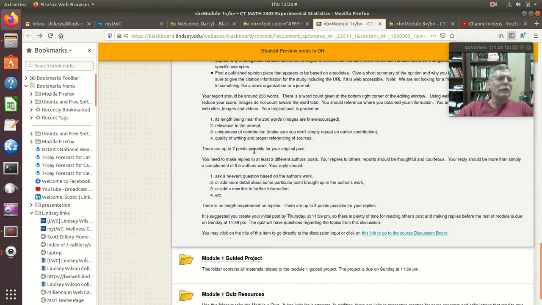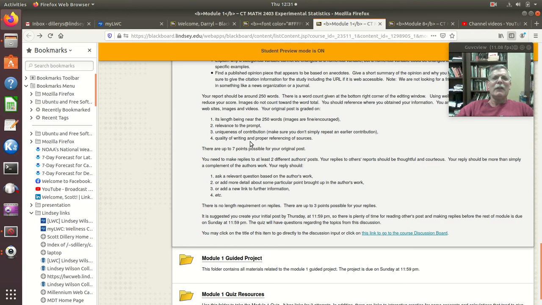And the quality of writing. I mean, use complete sentences, take some time on it, and proper referencing. Now, I don't expect any particular style of reference, but by proper reference, if you make a claim, you need to be able to back it up with a reference somewhere.